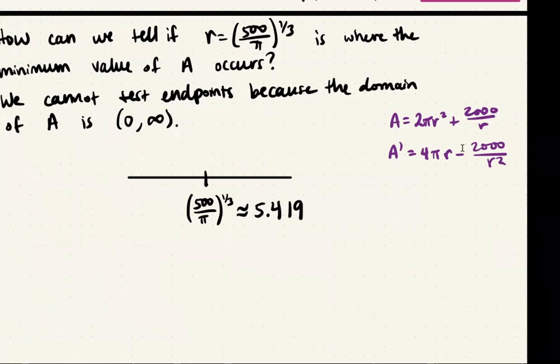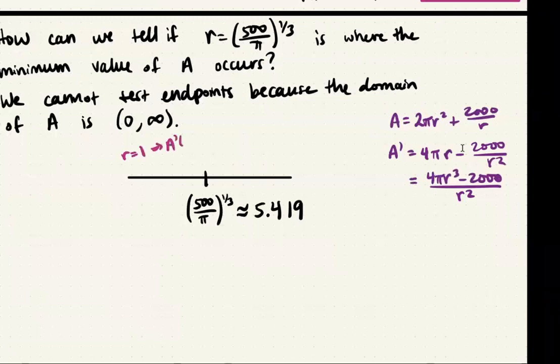Okay. So let me rewrite A prime here. Let's get a common denominator. So I can say this is equal to 4 pi r cubed minus 2,000 all over r squared. I just got a common denominator of r squared, so I had to multiply this expression by r squared over r squared. Okay, so let's test some points that are on either side of 5.419. So if I test r equals 1,